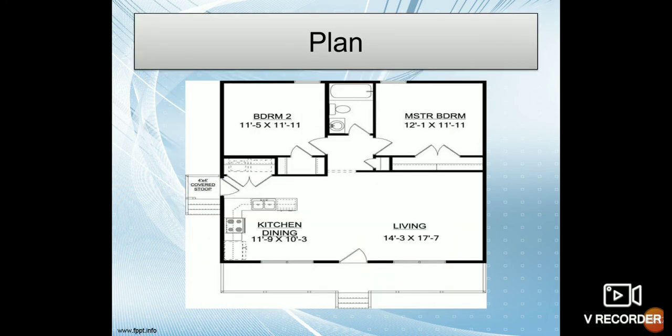Next is plan. A plan is a drawing of a very small area such as a classroom or house. It gives us an idea of what is located where in an area. It is a layout or drawing which shows the details of a house, road, rooms. However, a plan may or may not be based on a scale. So, don't confuse a plan with a map.